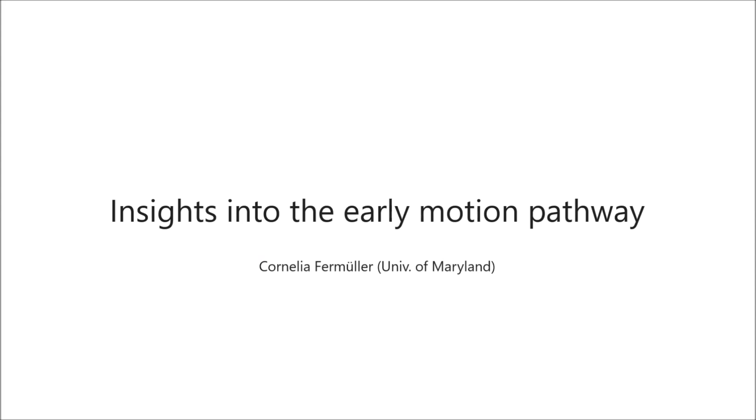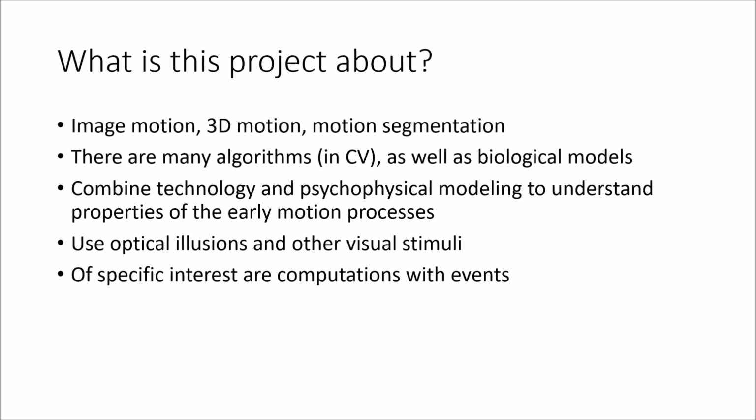This project looks at the early motion pathway, that is the very first computations necessary for any system. These processes are image motion estimation, 3D motion estimation, and motion segmentation. We can find many algorithms in computer vision that provide solutions, and many models in the biological vision literature. In this project, we will study properties of the underlying computations employed by the human vision system to solve these